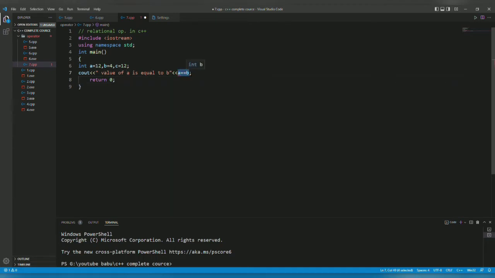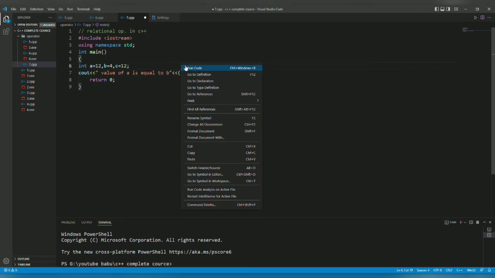I have to put it in a parenthesis, or you can say a simple bracket, but in coding language we say parenthesis. Now if the value is true, which means a is equal to b, then it will print 1, and if it is false then it will print 0.